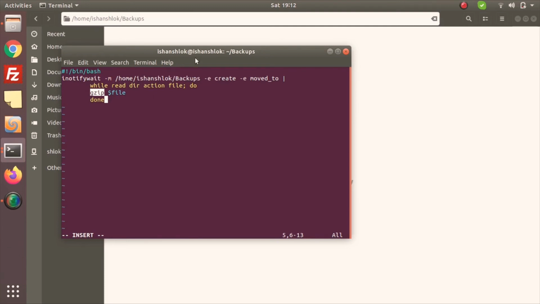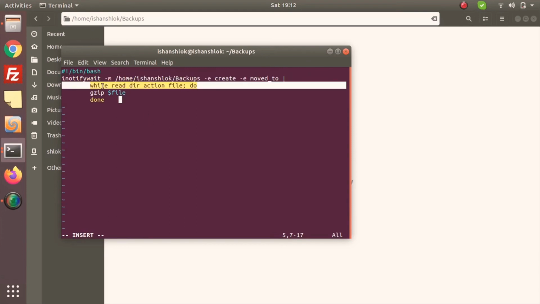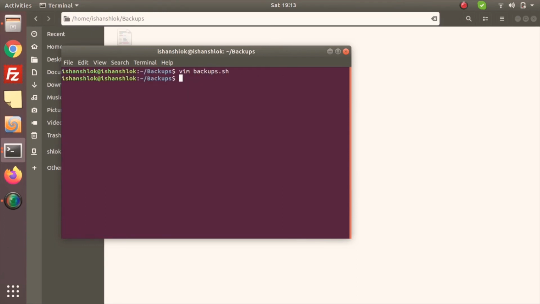This line is the only main thing, the logic of this whole script. The rest are part of the package. We are also reading when there is an event, and if it happens, then we have to do this. That's why we have a while loop. So yes, escape. I think we are good to go.